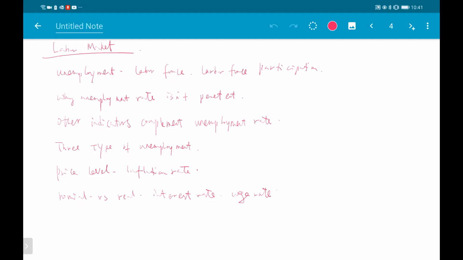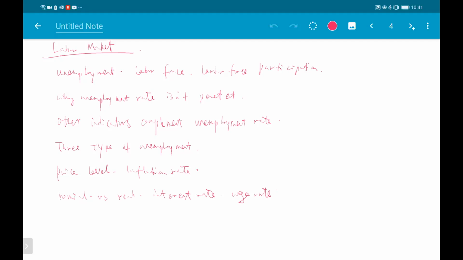All right, and then after that, we look at price level, and we learn how to calculate the inflation rate. Okay? And we also discuss why we want to differentiate between nominal versus real. This includes nominal interest rate, real interest rate, nominal wage, and real wage, right? So that just summarizes what we have learned in this module. Again, this is a module about the measurement of our aggregate economy. So it includes GDP, price, and the labor market,